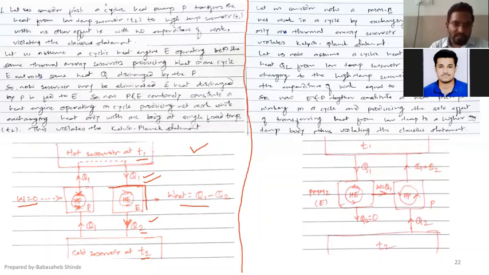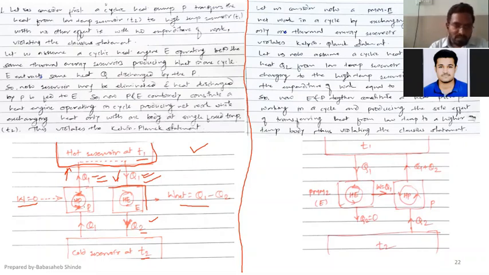Now we know that this Q1 and this Q1 both interact with the same reservoir at constant temperature. So this Q1 will be proportional to T1, and this Q1 will be proportional to T1. So this Q1 and this Q1 are going to be the same. That's why I have written Q1 only. So the amount of heat rejected by the heat pump will be exactly the same as the amount of heat accepted by the heat engine for its working.